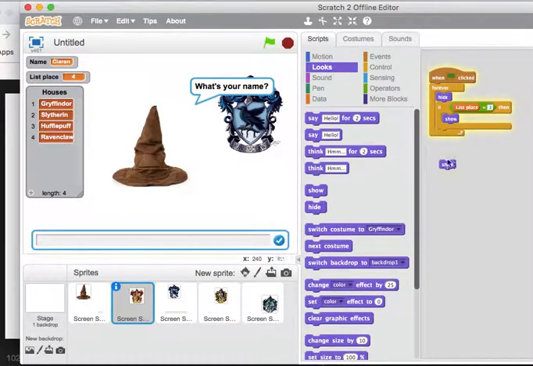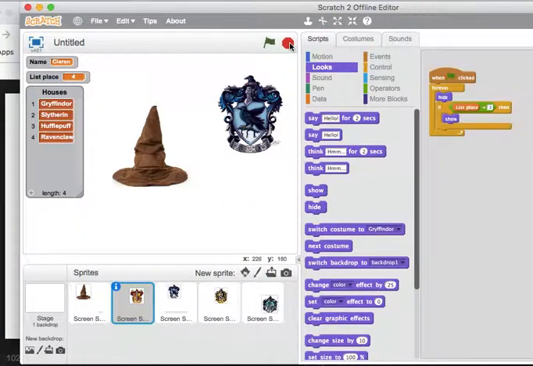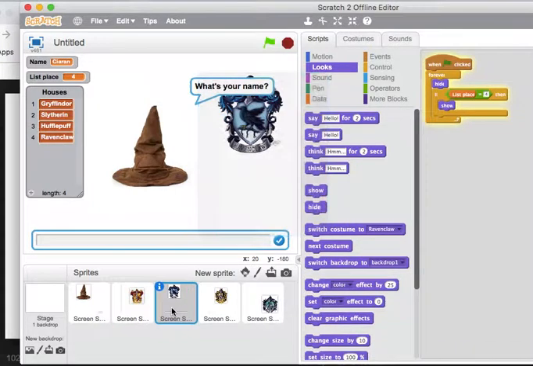Okay, let's test one more time. So you can see already it's working because currently it's only showing one. So we'll press start, stop and start,